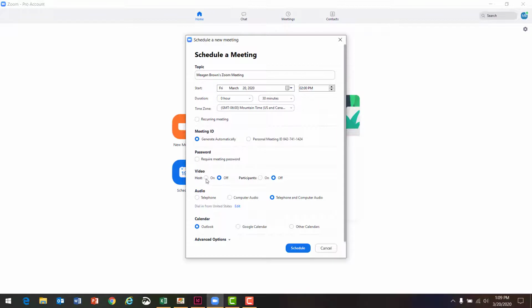I like to automatically have the video on for the host and participants because so much of communication really does rely on being able to see each other's body language and facial expressions. Here you can limit the ways that people can enter a meeting's audio. However, I always like to have both telephone and computer audio set so that people have multiple options for how